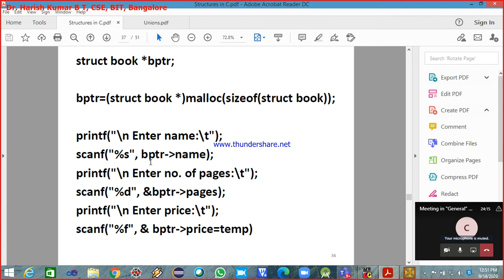price, we are reading. Here we didn't use ampersand because it is not necessary. What we are reading is into the array, because this name was a character array, and you know that the array name itself acts as the base address. You don't have to use the ampersand, whereas the other two were normal. One is the integer member and another one is the floating point member, and whenever you are reading them you have to specify the address using the ampersand operator.